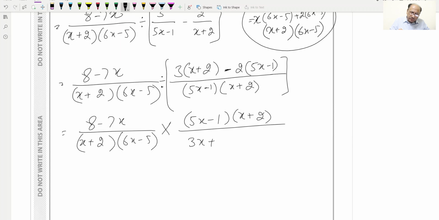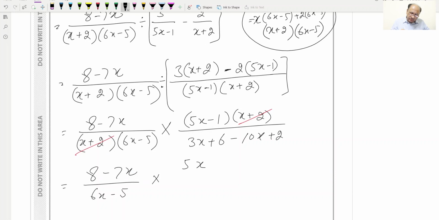I'm opening the brackets of the numerator, so 6 and minus 10x, minus 2 into minus 1 will be plus 2. So now we can cancel x plus 2 and x plus 2. The rest we can't cancel now, so 8 minus 7x over this will be 6x minus 5 multiplication, this will be 5x minus 1 divided by this will be